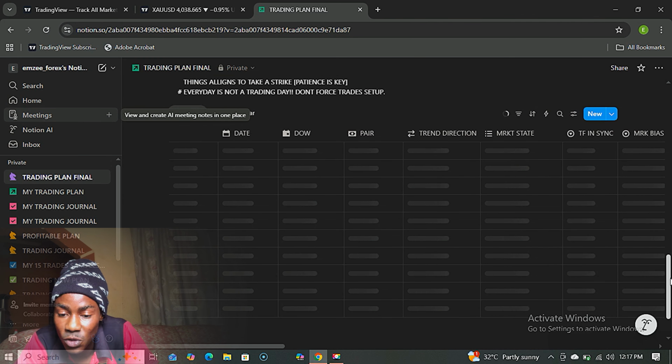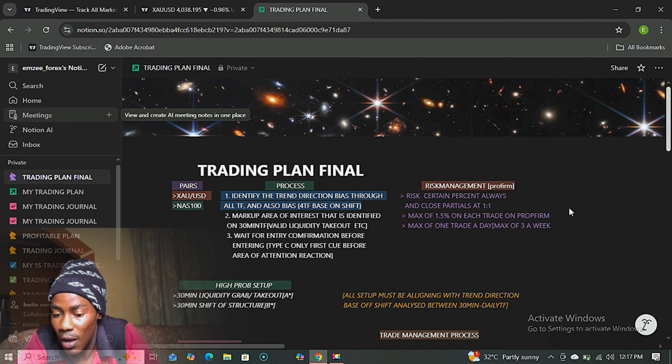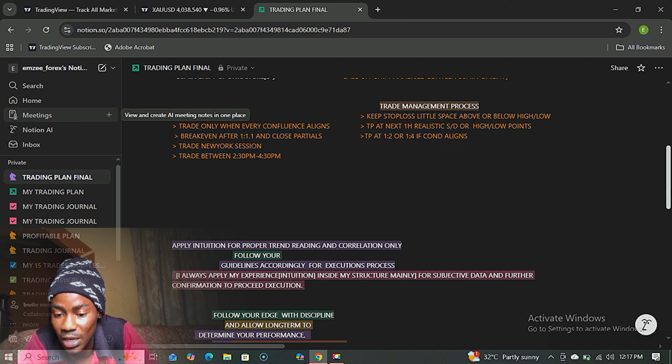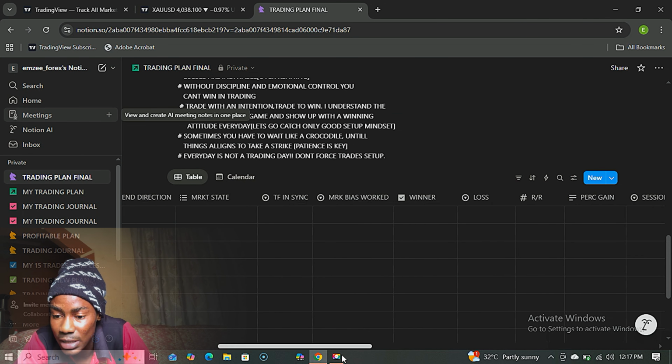Remember, I told you guys I've stopped trading for the year, so this is my new template I'm going to be using for next year. I just copied the previous one and edited a few things. Also, overall, I edited my system. There are some certain things I don't do anymore. Like if you come to this new template, you will notice that